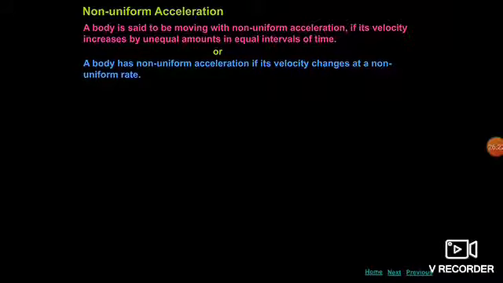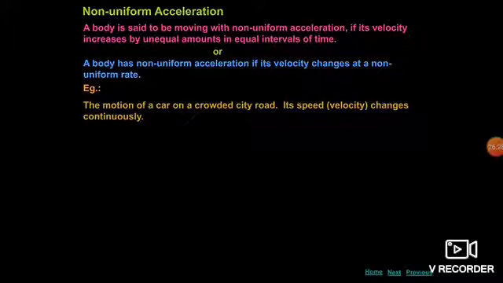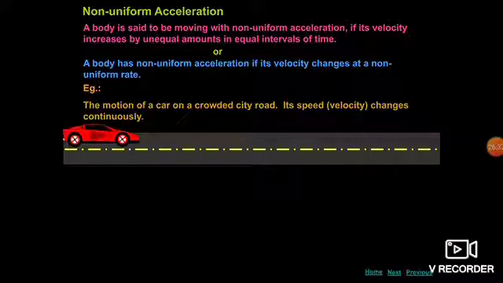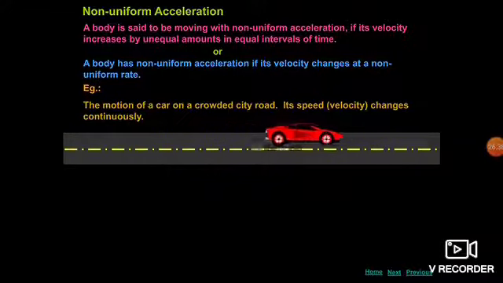Example: the motion of a car on a crowded city road, its speed or velocity changes continuously. You can see there is one road here, a car is there, it is moving, it takes the brake